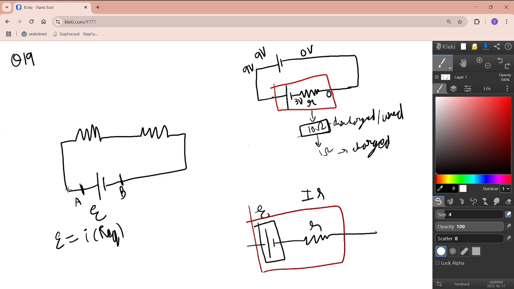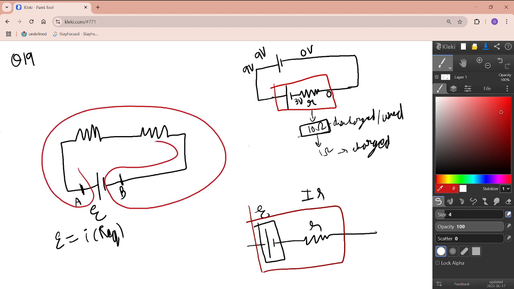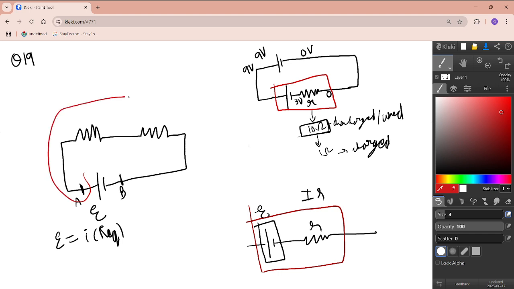This I R equivalent basically means the current is going from here to here. The battery is not being charged, it's being discharged here. Current is going from here to here. And all the conductors that you see from here to here, I'll just highlight them, all the conductors that you see from here to here are ohmic. These are standard resistors that follow Ohm's law,